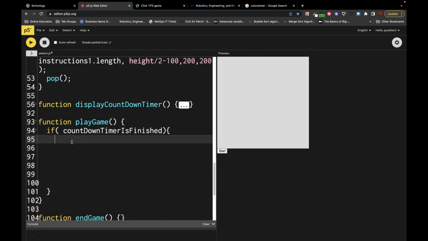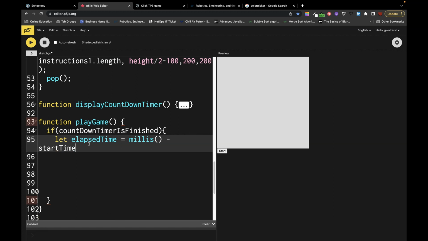All right, so in my game, I want to have a timer. So we're going to do almost the same thing. Let elapsed time equal millis minus that start time. Here's another thing. If I change the start time in here, then it will reset inside the play game